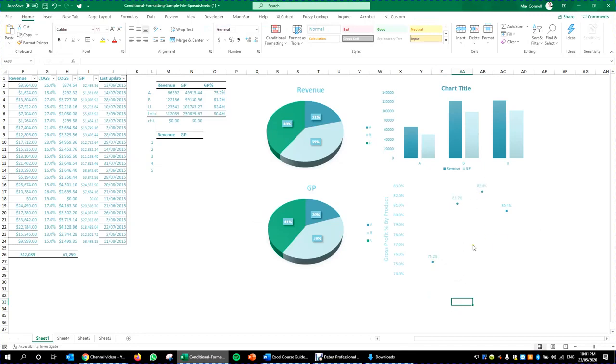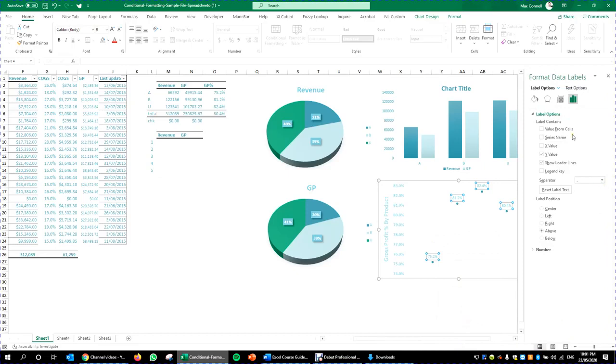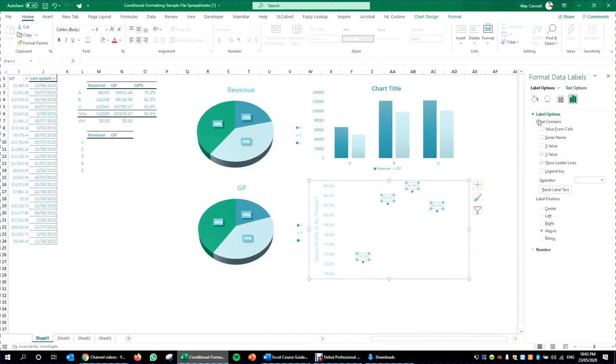The only problem is we don't know which product it relates to. So the next thing we have to do is actually edit those data labels. So I'm going to select on these again. So now we've got them all selected, and I'm going to right click, and I'm going to go Format Data Labels. So now this box is going to pop up on the side, and it's going to give me different options. The label contains, so currently it's only showing the Y value, which is the 75.2%. But what else I want to show is